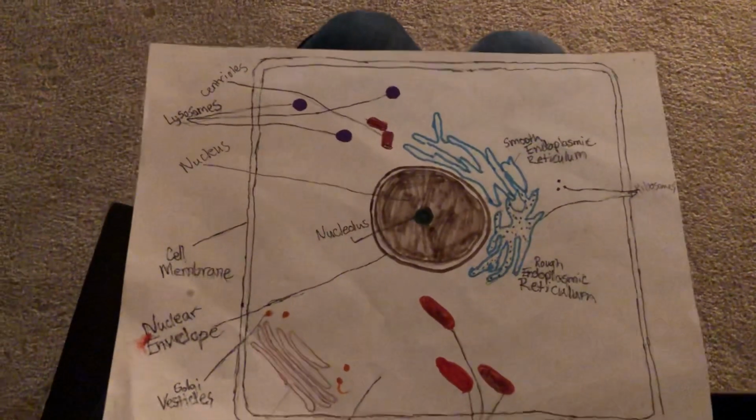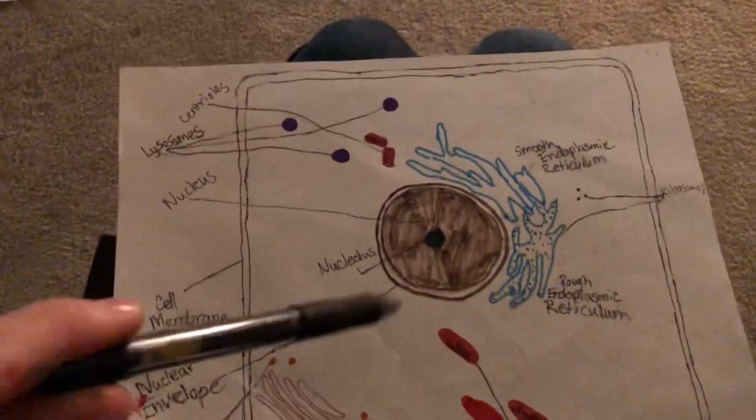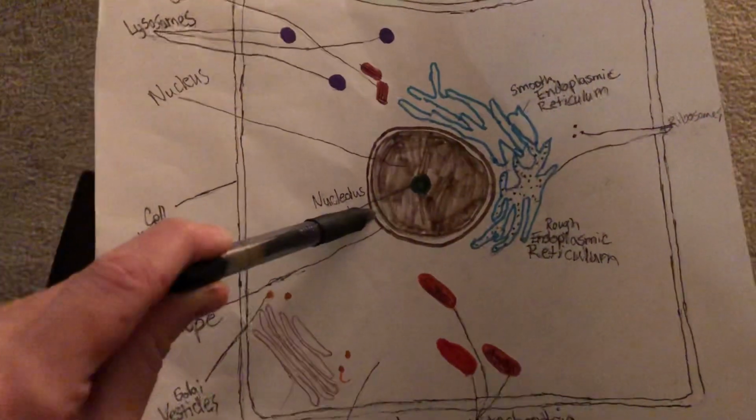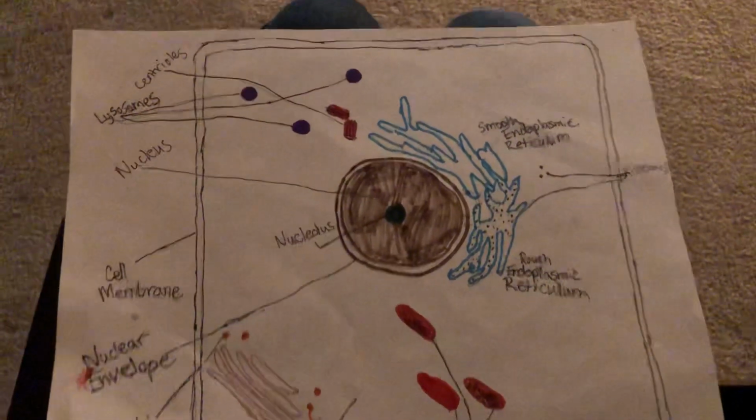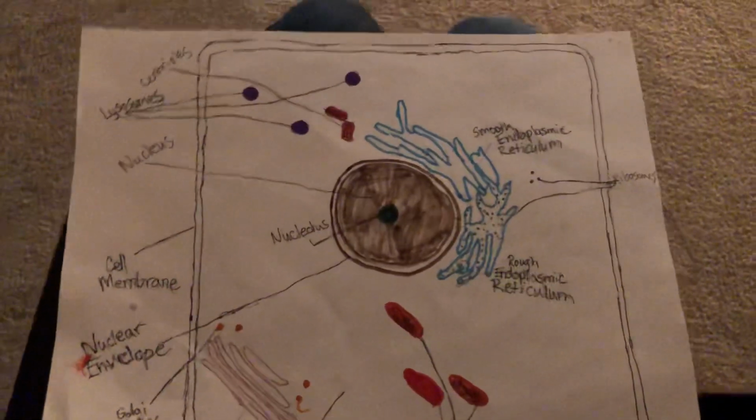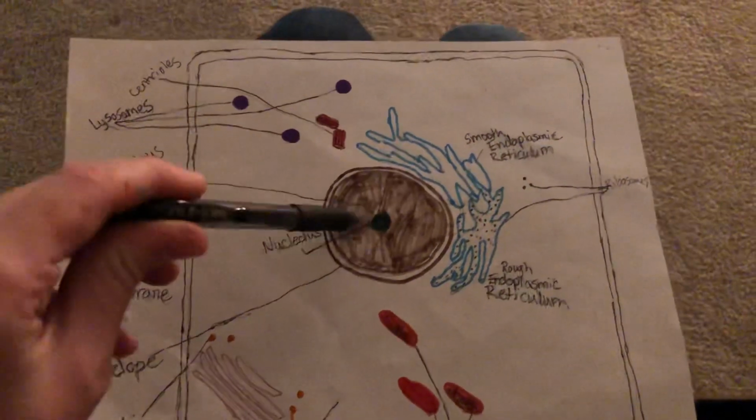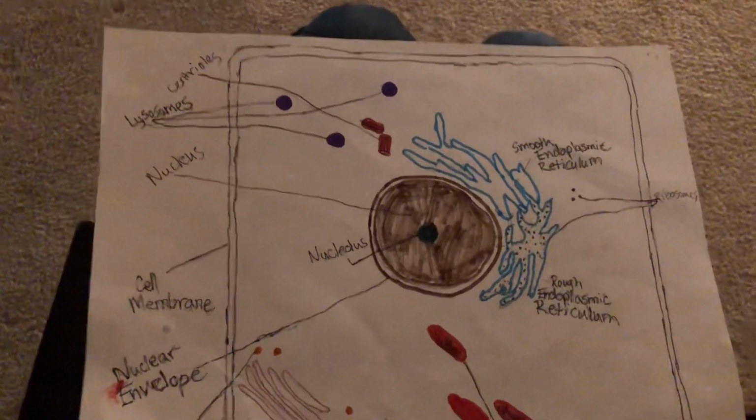Now, some components of the nucleus that I am going to talk about are, first, the nuclear envelope, and that is basically the membrane that surrounds the nucleus. Now, the next component is this little black dot right in the center. That is the nucleolus, and